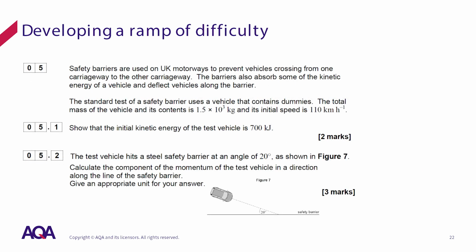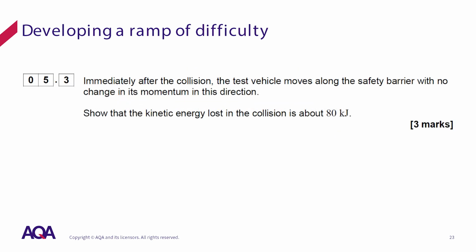The writer now increases the demand of the question by introducing 3 sets of skills: vector components, understanding of momentum change, and a test of units. The level of complexity here lifts this simple calculation to AO2, here in a theoretical context. Theoretical because this is not a case that a student is likely to see or to investigate in a school laboratory. Part 3 of the question begins with another relatively simple question.